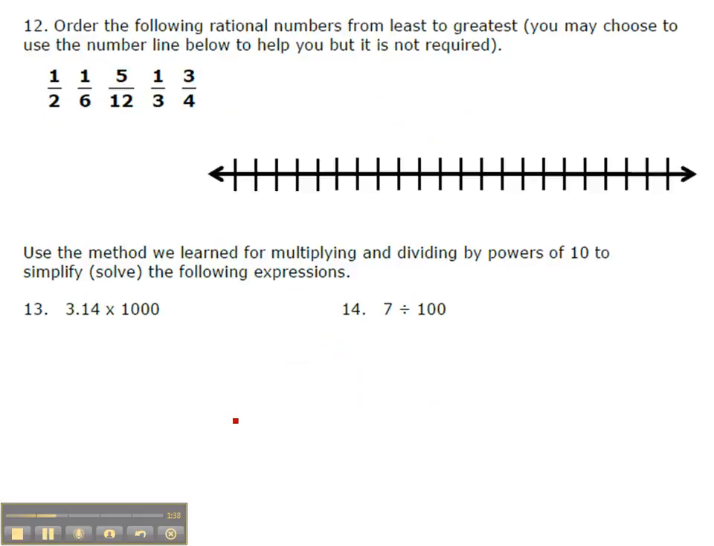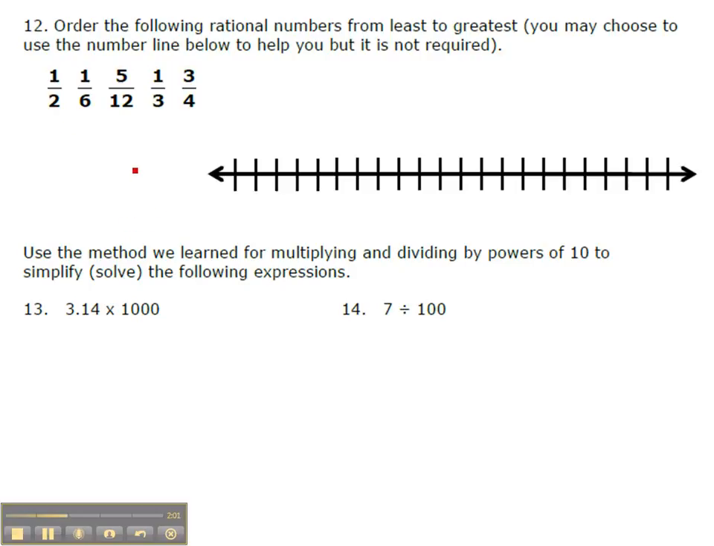Number 12 asks us to order the following rational numbers from least to greatest. And we can use the number line below to help us, but it is not required. I think we will use the number line. First, we need to change these all into a common denominator. We can't compare fractions or add or subtract fractions unless we have a common denominator. The size of the pieces need to be the same before you can really compare and order or add and